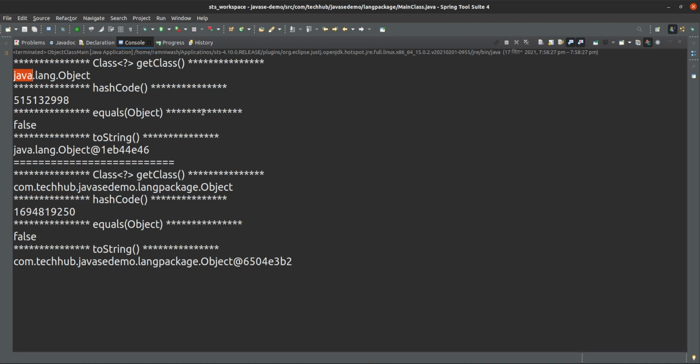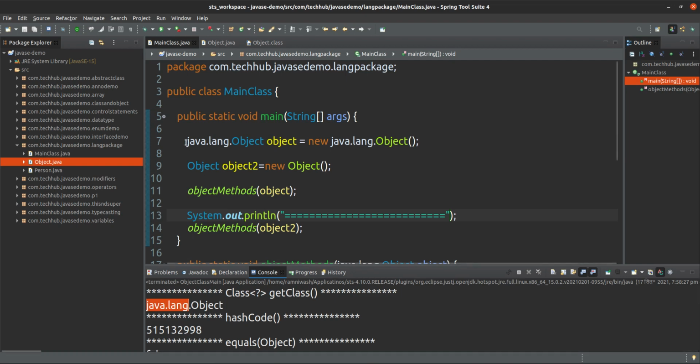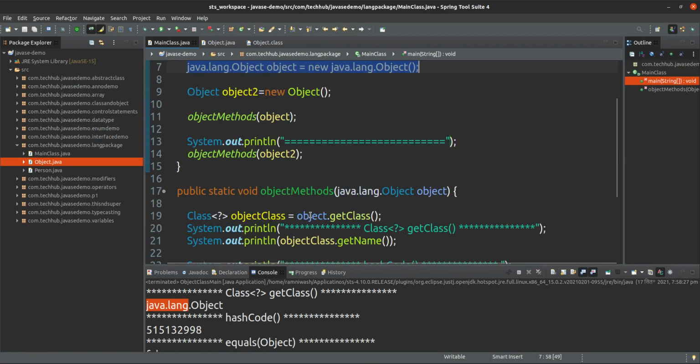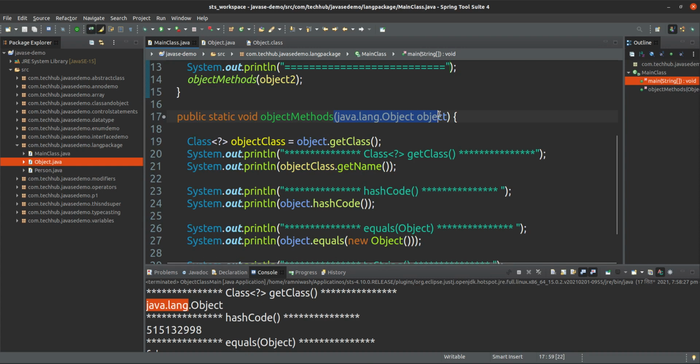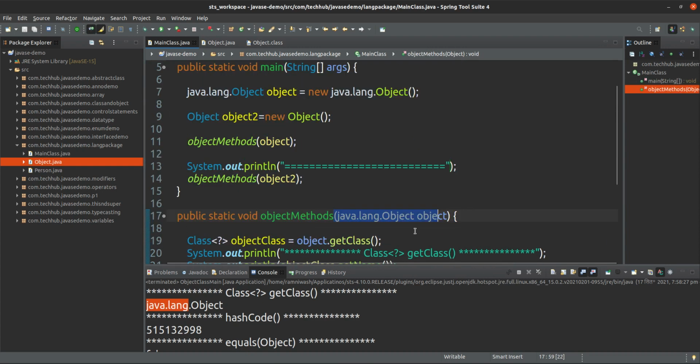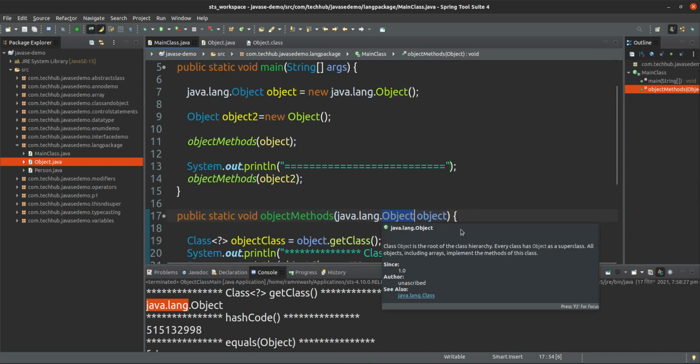If I give java.lang and after that I define Object, in that case I cannot import it in this way also, and you cannot even extend it. You cannot do that.